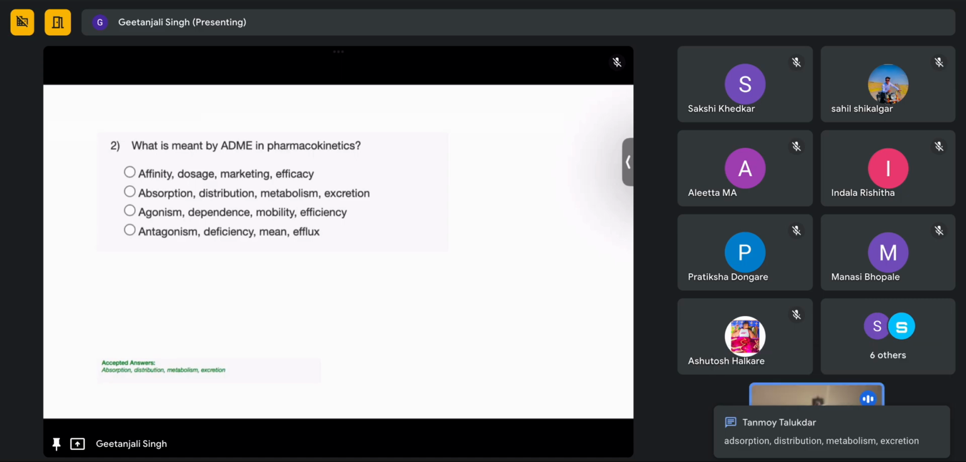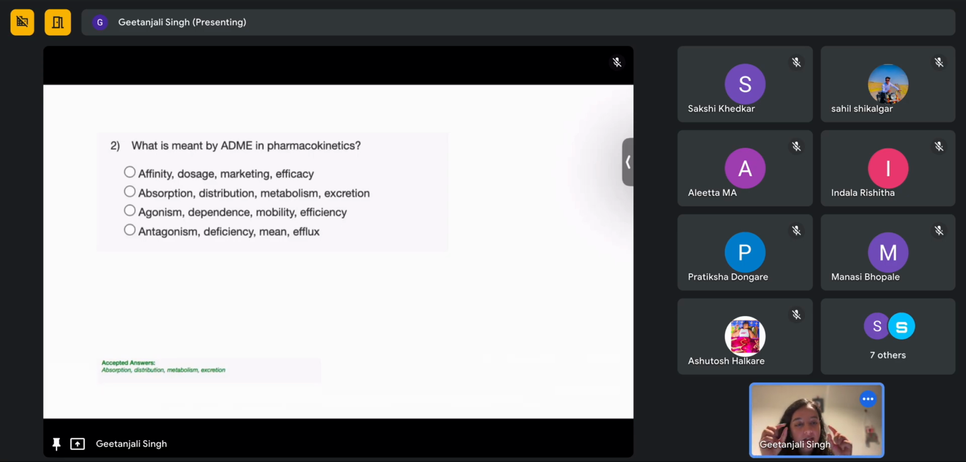I'll just explain it briefly, for later reference, for people who will watch the live class. ADME in pharmacokinetics. Pharmacokinetics is basically what happens once we take a medicine, what our body does to the medicine. That's called pharmacokinetics. Now, the first thing that happens is the medicine is absorbed, basically absorbed in